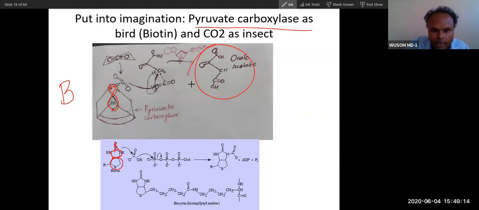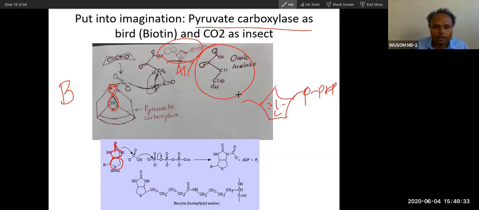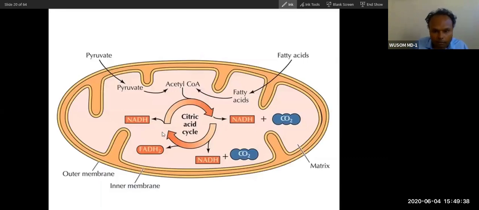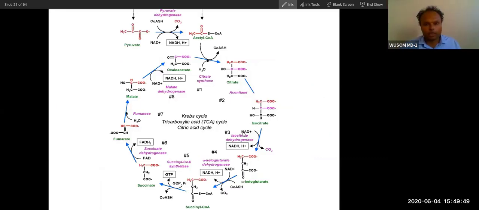So this is a ligase, and ligases always require ATP. You can see the ATP structure here: the pentose, the phosphates, and this adenine. So remember this. Now let's talk about it. It happens in the mitochondria. 3 NADH and 1 FADH2 are released, plus 1 ATP. This is the whole reaction. You can see it is an 8-step process.